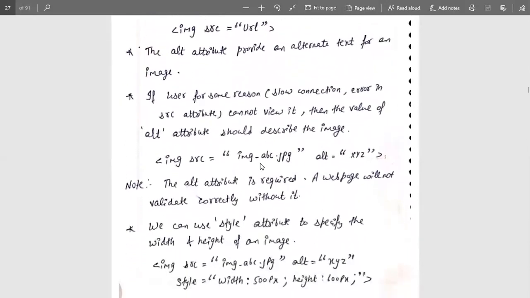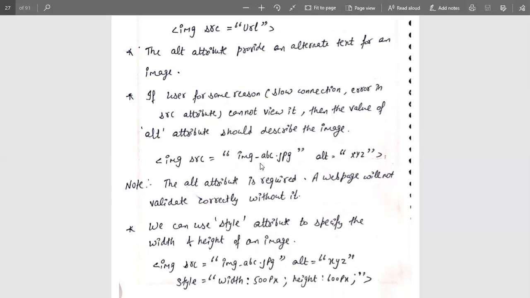If some user, for any reason, such as a slow connection or an error in the source attribute, can't view the image of the source mentioned in the image tag, then the value of the alt attribute will describe that particular image.